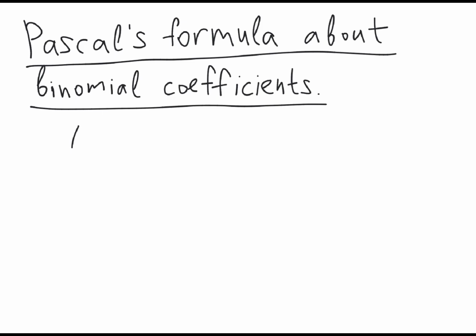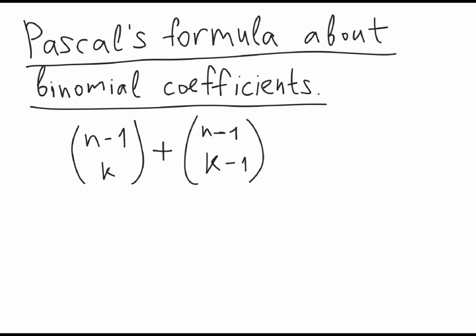Okay, in this video I'm going to talk about Pascal's formula about binomial coefficients. So the formula looks like this: C(n-1, k) + C(n-1, k-1) is equal to C(n, k). So all these are binomial coefficients, and just to